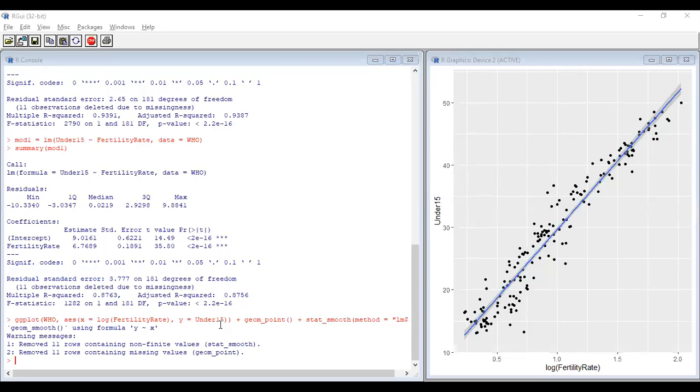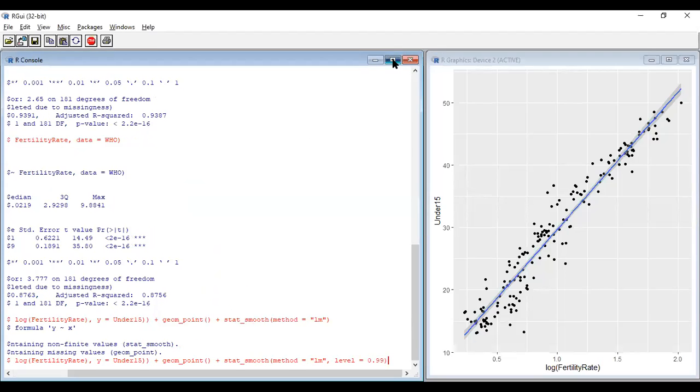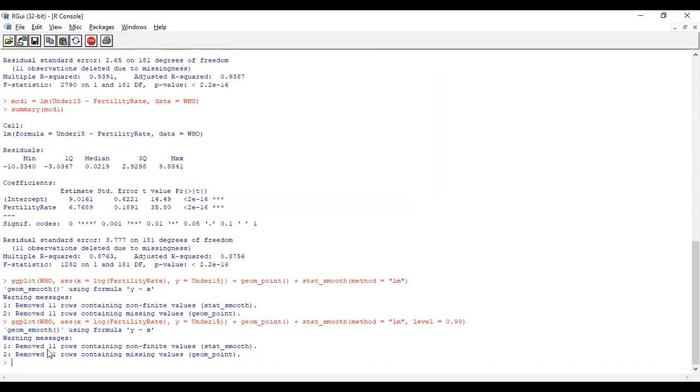That is the significance level. The confidence level will be the opposite: 90, 95 and 99. Okay, so we'll try to use the confidence level here. We'll use the same plot. You can press the up arrow, and for level we use 0.99. Okay, so this confidence level is the opposite of the 0.01 significance level.